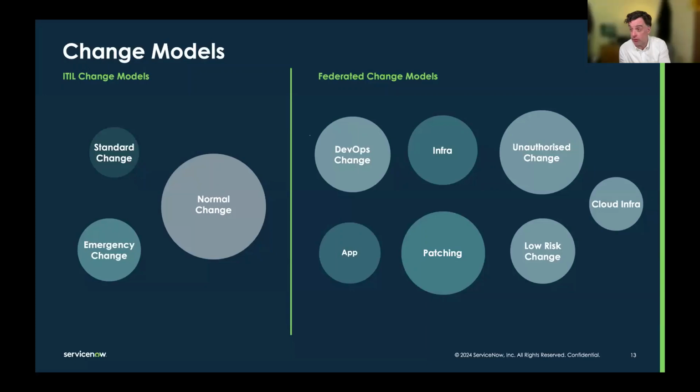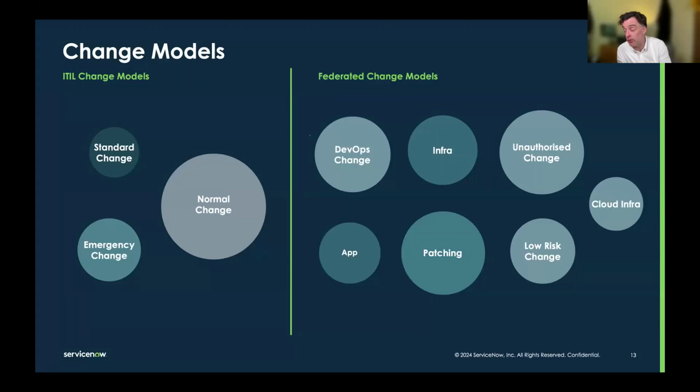But you know, infra works differently for organizations. A lot of them are doing models, starting off with something like firewalls and rolling it out from there. Cloud is the other example we've got on here. You have cloud and ephemeral resources where you may not be doing full DevOps, but the way in which it works means that your change process is slightly different for those teams, and it's highly federated.